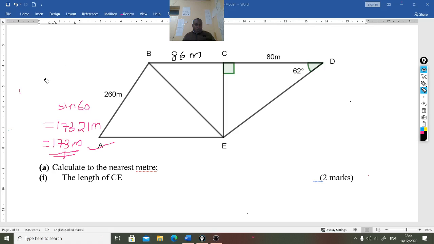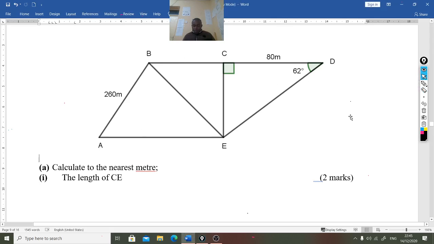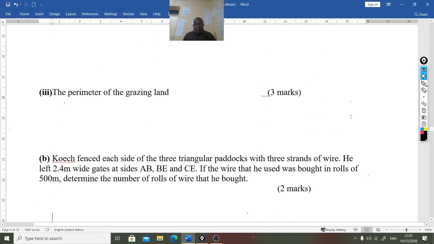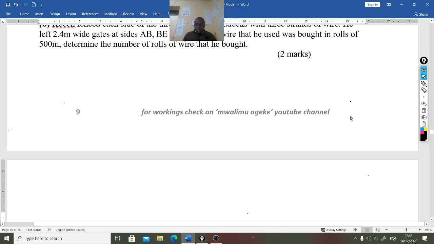We go and do part B of the question. We have even done the perimeter. Now part B of the question is asking that